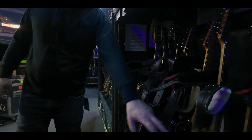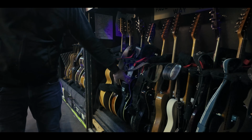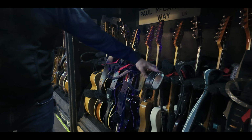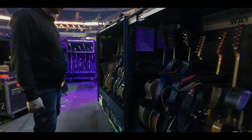The Duesenberg's the backup for the SG, mostly because it has a Bigsby. But it's mostly just these 3 that she's using in the show. These 3 Telecasters are for the other guitar player, Ryan Waters. And then for acoustics,